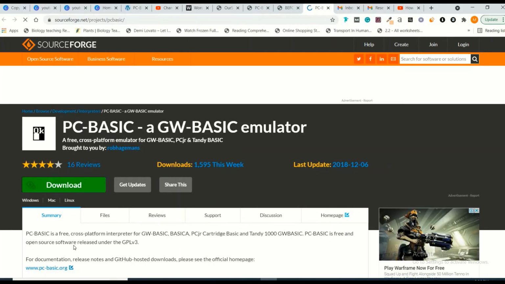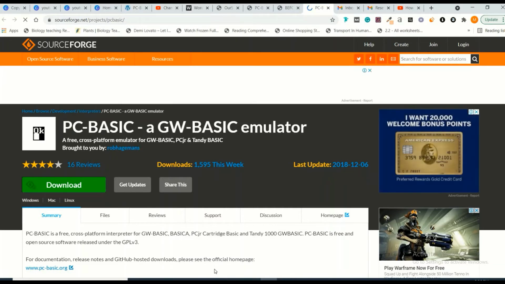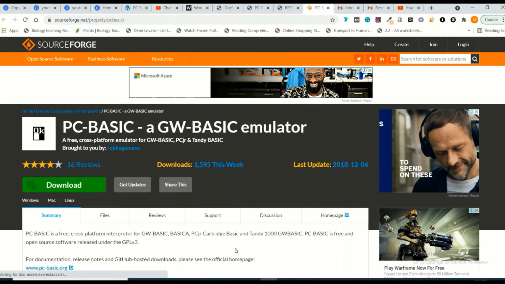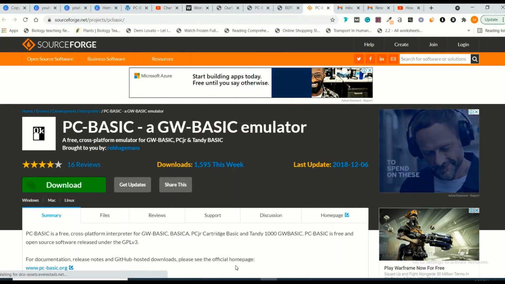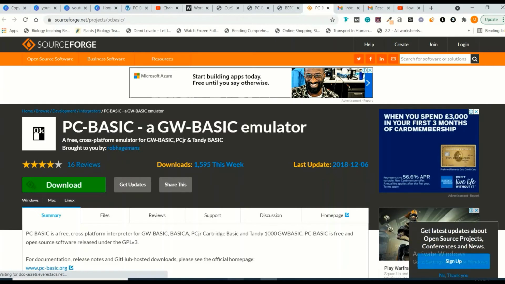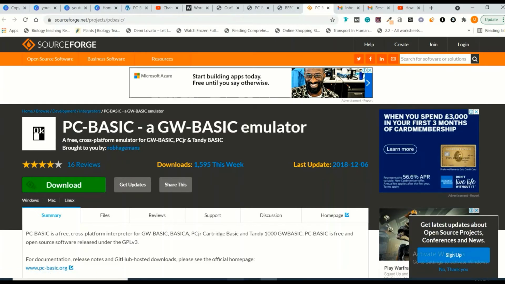You just click it, download it, and you can have the PC BASIC installer on your computer. Run it and install it on your computer, and then just pin it on your taskbar so that whenever you need to run PC BASIC, you can just click on the taskbar icon and run PC BASIC.